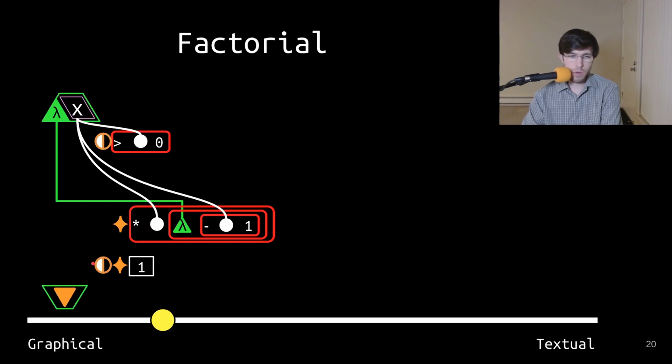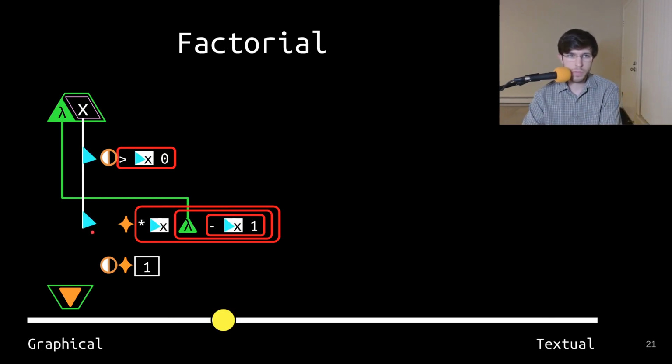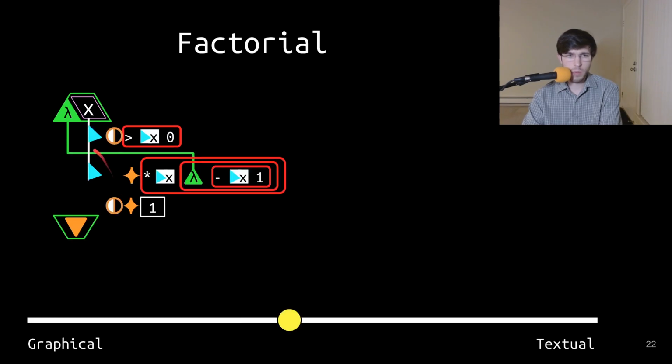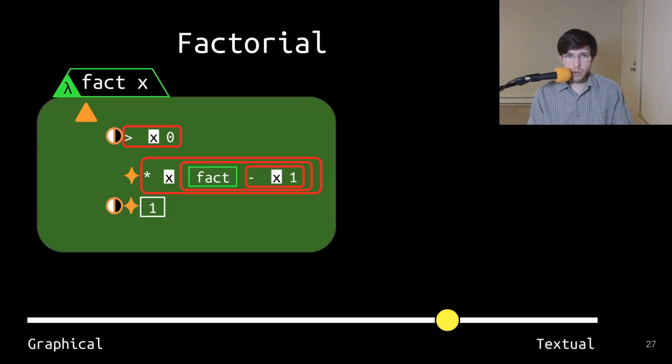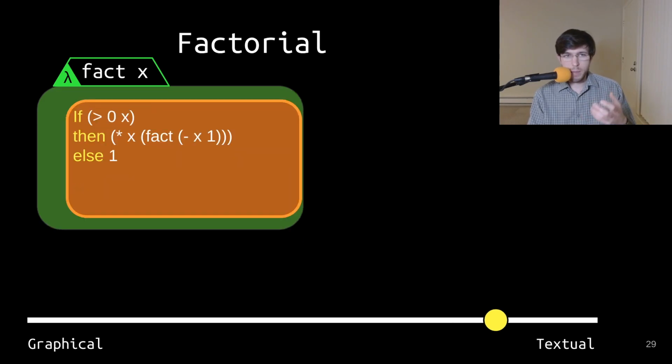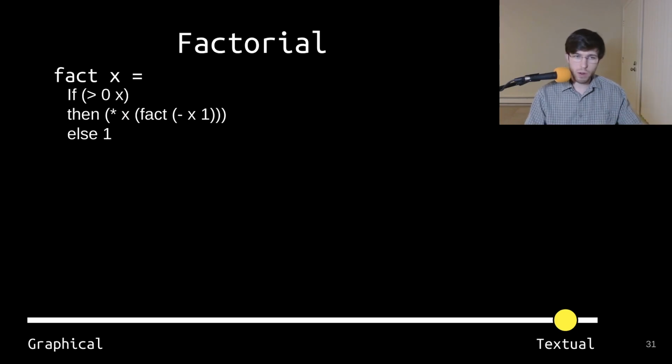And we can go from a more graphical, free-form layout to one that uses indentation. We start using the tunnels, make things compact. And then we can remove the wires, add names for variables, and get a more structured feel for it. And then we can go from the structured representation and make it a bit more textual. And so now we've gone all the way from graphical code to textual code as a series